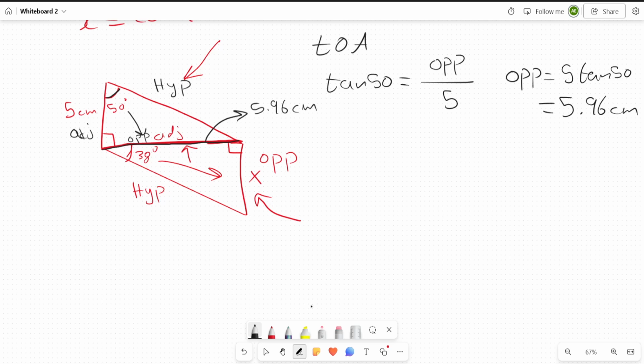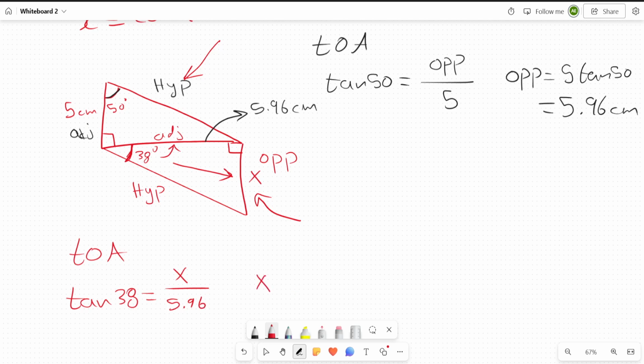Now I can move to the lower triangle. Let's make everything a little bit neater. Okay, now I can move to the lower triangle and start solving. So I have my angle, I want the opposite, and I have my adjacent. So again, I need something that relates adjacent and opposite. Again, this is going to be TOA. So I will take tan of my angle. This is going to equal the opposite, which is x in this case, over the adjacent, which I just got as